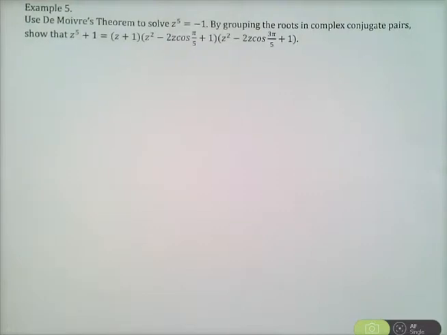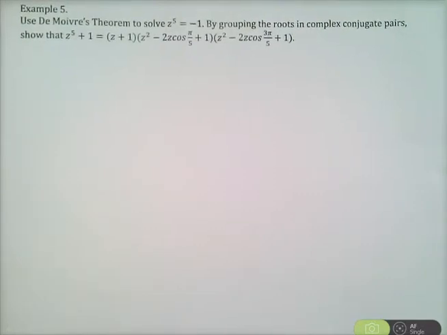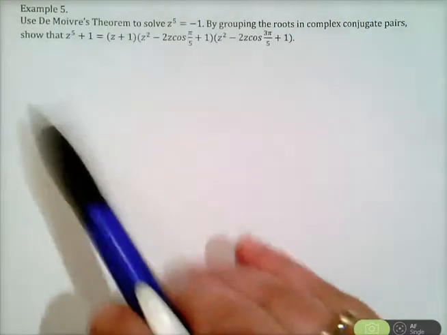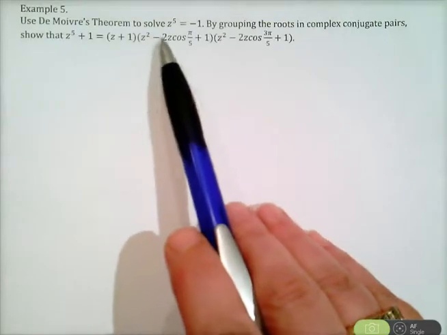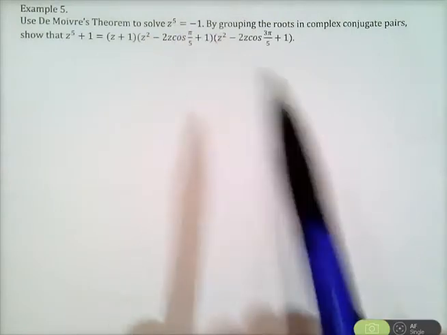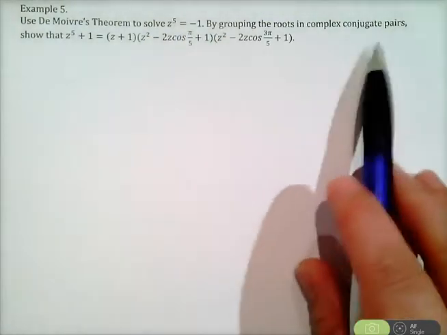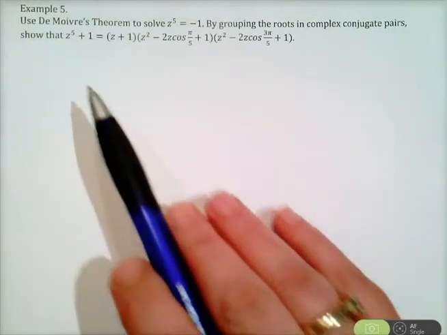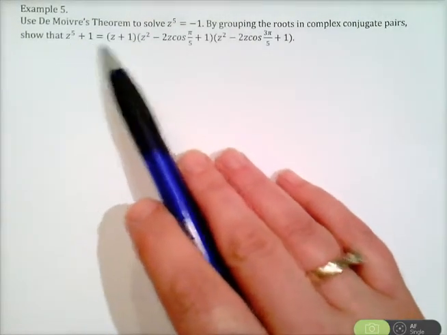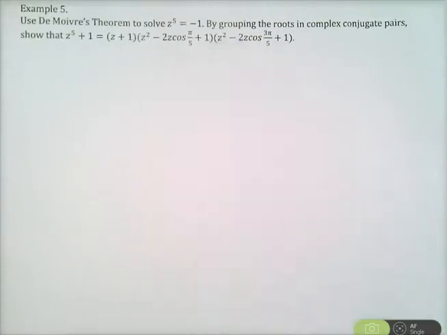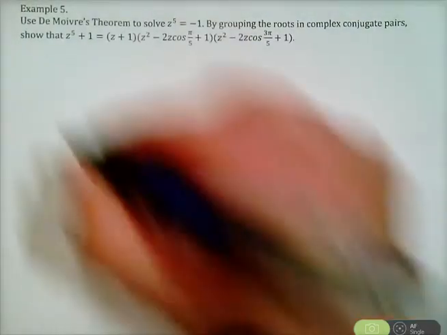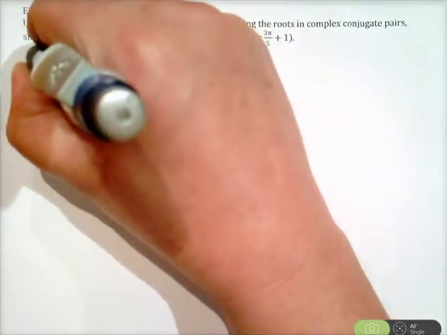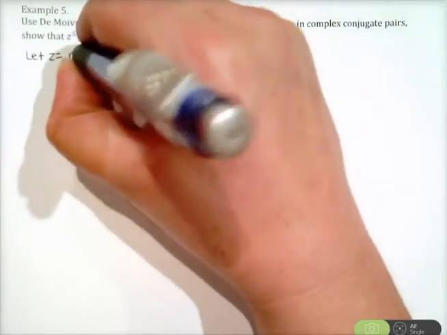Okay, a continuation from last lesson. This is page 50 of your complex numbers booklet. Example 5. Use De Moivre's theorem to solve z to the power of 5 equals -1. And by grouping the roots in complex conjugate pairs, show that z to the power of 5 plus 1 equals this expression here. Okay, let's start by letting z equal r